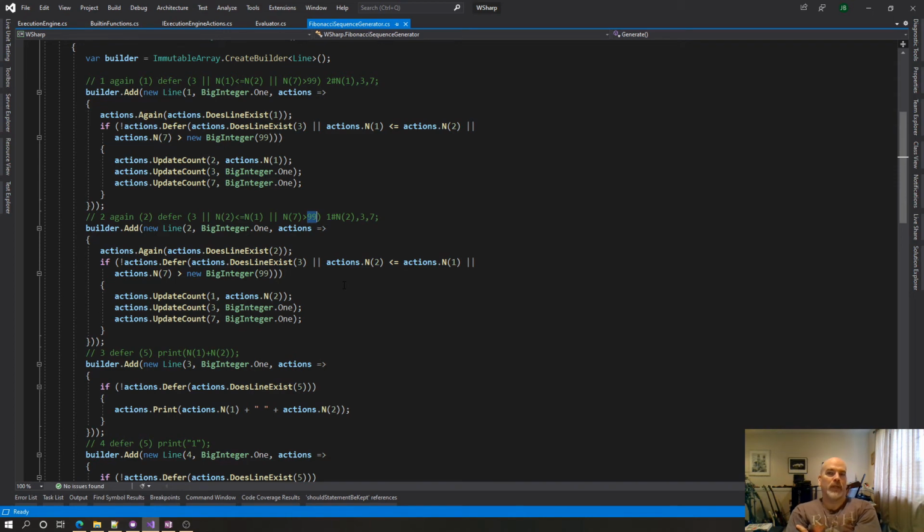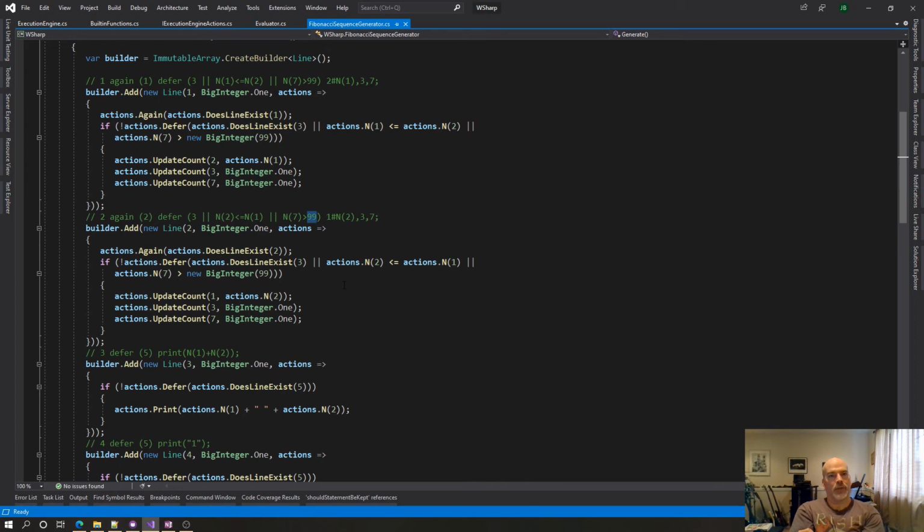But if you're trying to do a pipe or an ampersand, then you have to sneak in a call to does line exist on those. And I can't report that as an error. That's the other thing. If I remember, somewhere in the parsing code or the binder, it looks at this and says, well, you have a number on one side and a Boolean on the other. That's not good. But I have to, no pun intended, defer until I actually determine its context,